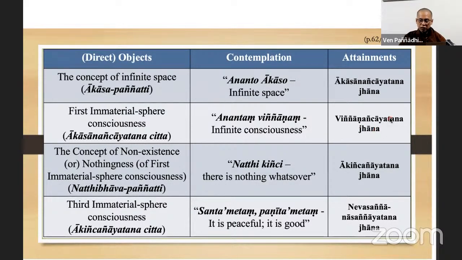Okay, so different, you have to know the object is infinite space. At that time, he attained the first Arūpāvacara. When the first Arūpāvacara became the object, then he attained the second Arūpāvacara. That's why it is called the Vijñāṇañcāyatana jhana. Then if he wished to develop the next step, not paying attention to the first Arūpāvacara, he just